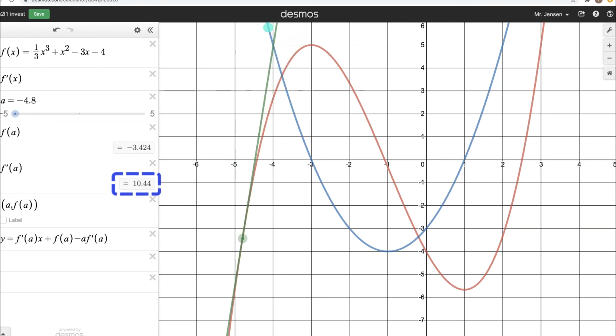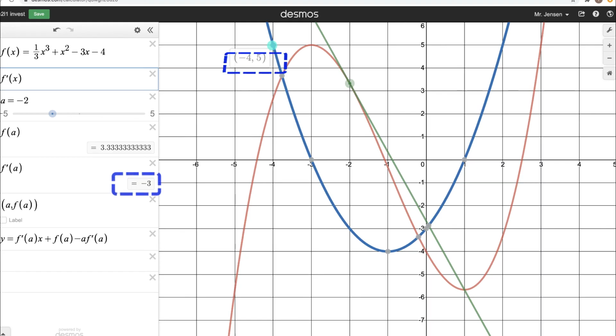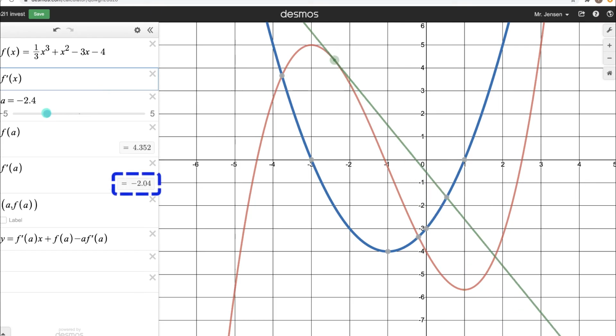That's why the graph of the derivative in that same interval is above the x-axis. All its y values are positive because the y values tell us what the tangent slope, or the slope of the original function, is at any given x value. So the fact that when x is -4, I see on the graph of the derivative that the y value is 5, that tells me on the original function when x is -4,